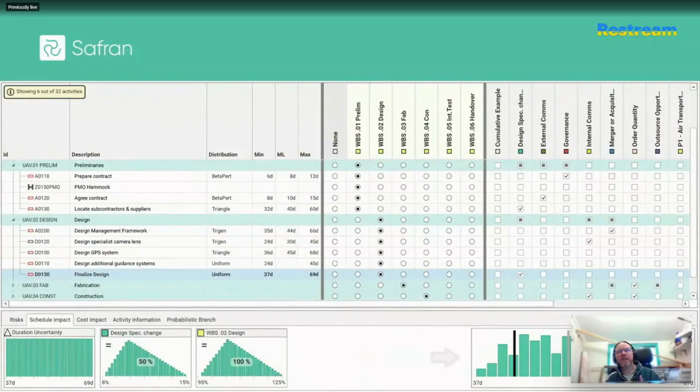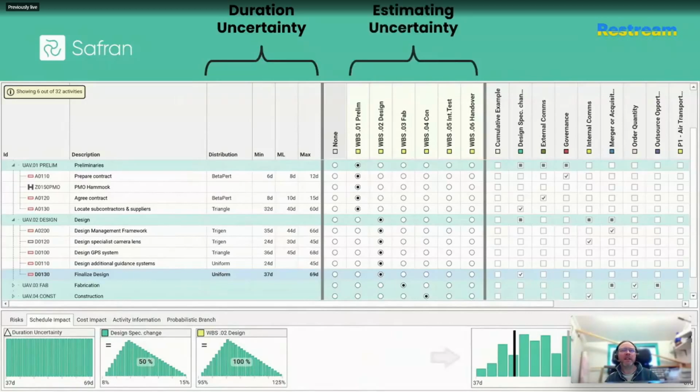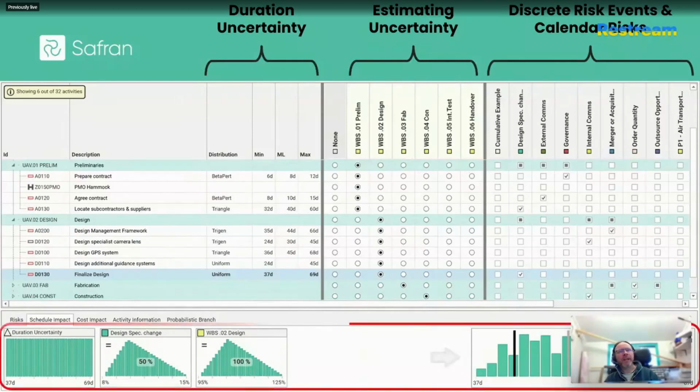So hopefully here you can recognize the schedule activity shown down the left-hand side of the screen. And then the columns and the matrix over to the middle and the right-hand side represent any duration uncertainties embedded directly within the activities themselves, any estimating uncertainties defined on the project risk register screen, and then you've got the rest of the risk register also from that project risk register screen as well. And from here, what we actually get as we start toggling on the mappings is a sneak preview of the compounding effect of all of those uncertain variables at the bottom with a limited Monte Carlo simulation, and that is indicative of how these inputs will likely drive the activity in question.